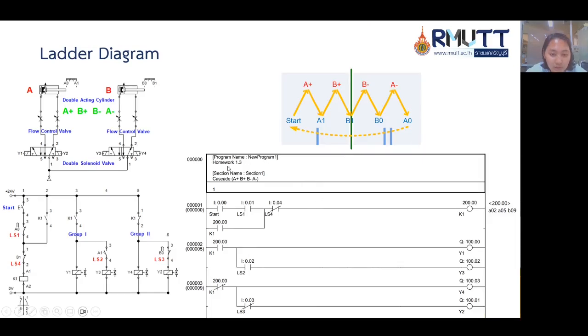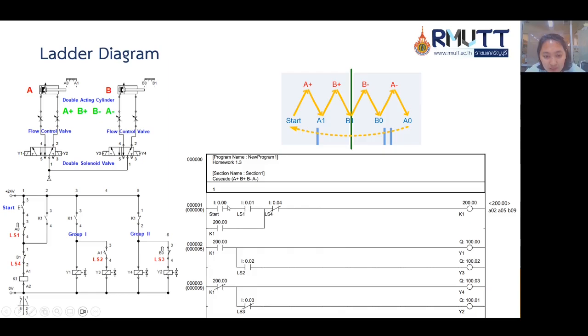And this is the ladder diagram that I made for the PLC. This is just made from this electric circuit and then converted into the ladder diagram. This is from the start button, which is normally open.